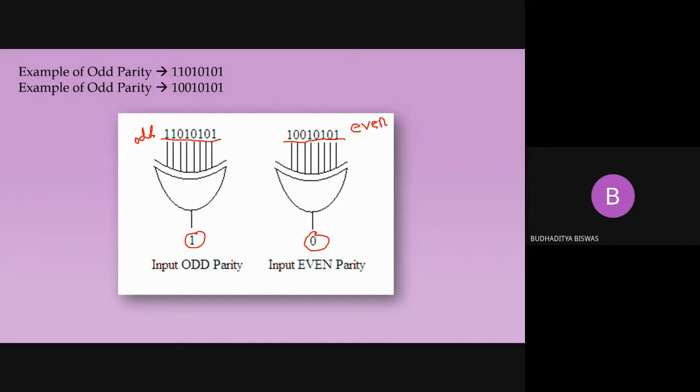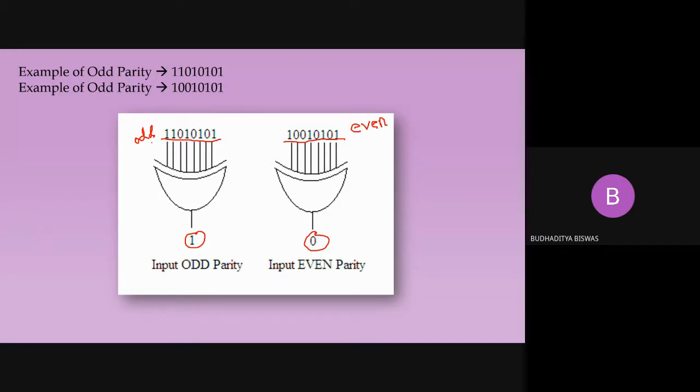Yes, sir. So the question may come in parity: what is called the parity? Draw the diagram of the 4-bit parity generator or 4-bit parity checker. So for the parity checker, you don't need to generate any circuit. Just draw the XOR gate, give the required number of inputs. If it is 4-bit, give 4-bit; if 8-bit, give 8-bit, and just give some arbitrary values and write these things that according